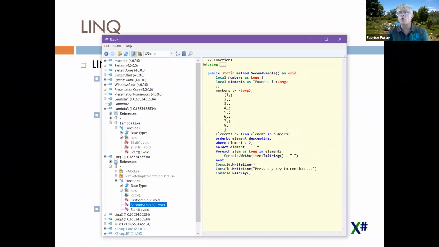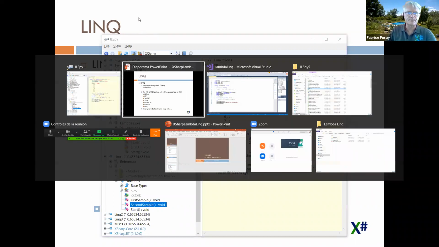is a little bit more complex than a single call to a where, I can retrieve directly in my decompiled code the lambda expression, not the lambda, sorry, the LINQ query that we are using. So what we have in ILSpy is the X# plugin language is now able to retrieve directly the LINQ query that we have in the code. If I check the result of the execution,